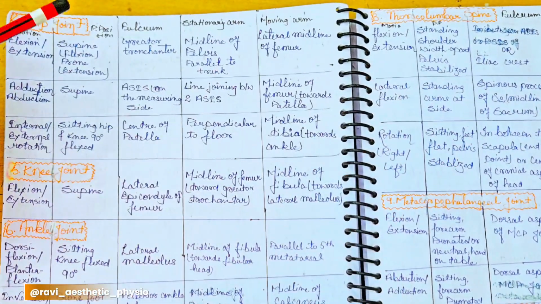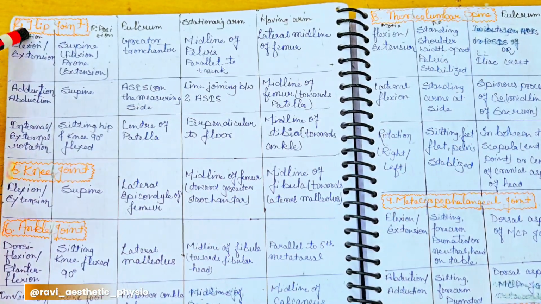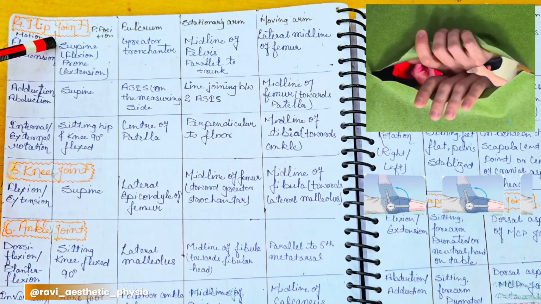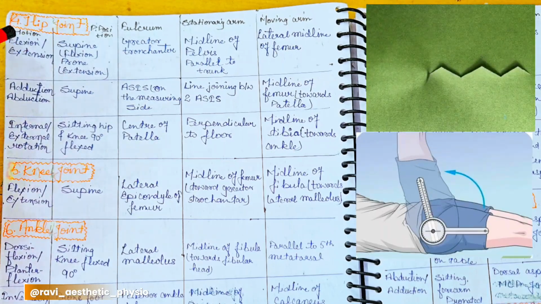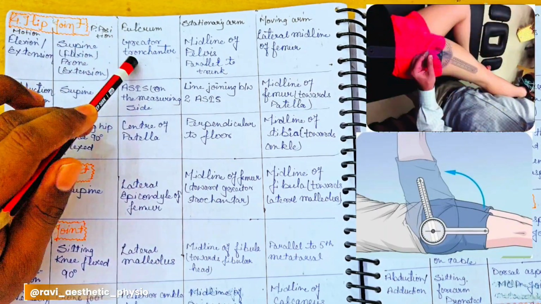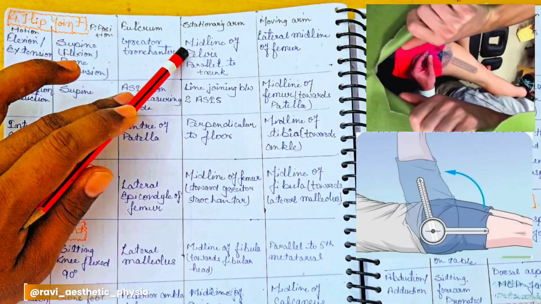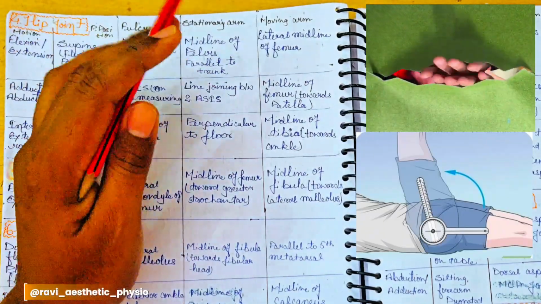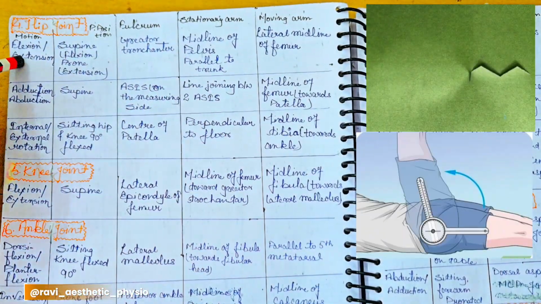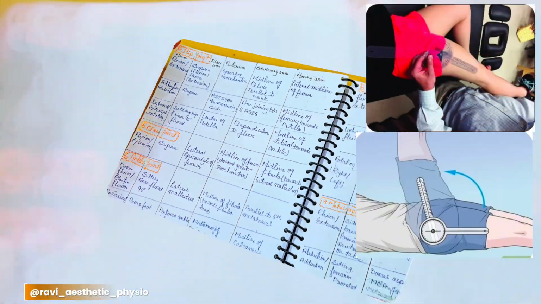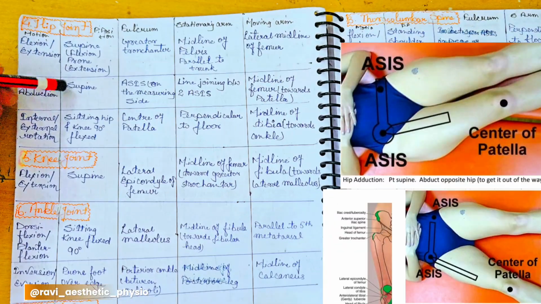Next, our lower limb. Next is the hip joint. In the hip joint, there is flexion and extension. You have to measure flexion in the supine position, and the fulcrum is placed over the greater trochanter, and the stationary arm is placed along the midline of the pelvis parallel to the trunk, and the moving arm is to the lateral midline of the femur. In extension, the patient position is to be prone, and adduction and abduction both you can measure in